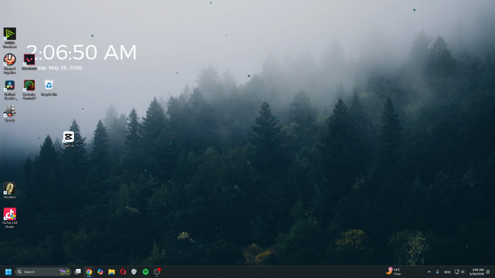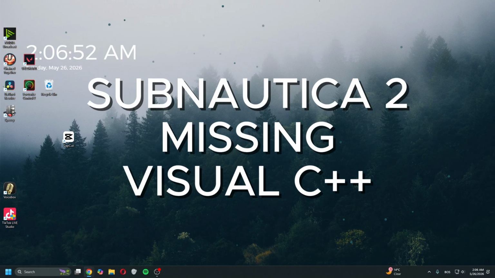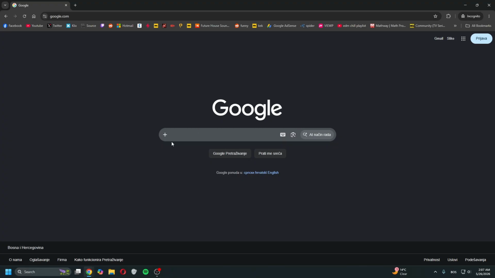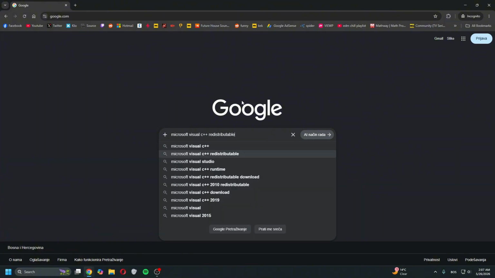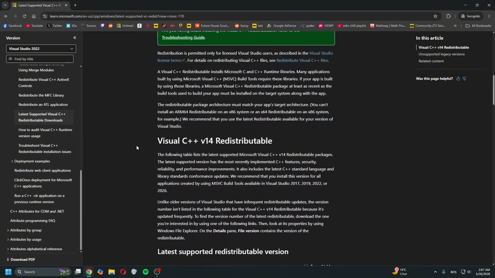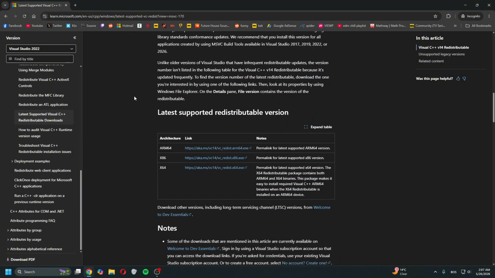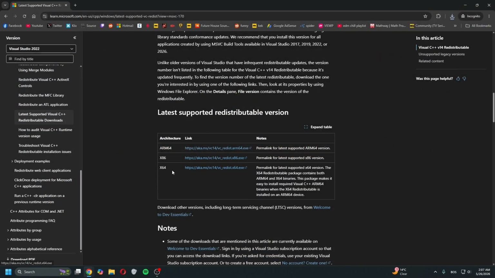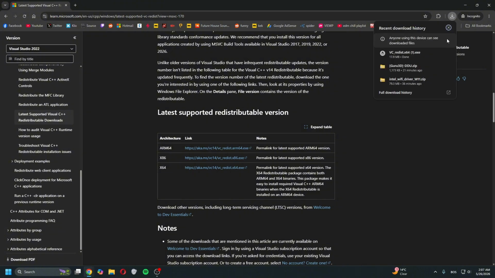In today's video, I'll show you how to fix Subnautica 2 missing Microsoft Visual C++. So here's what you're gonna do. You wanna open a new browser and type in C++ Redistributable and click enter, and it will prompt you to this page. And now you want to click on the first link and you want to scroll till you find latest supported Redistributable version, and you want to download both x64 and x86, and you want to download the 64-bit first, and